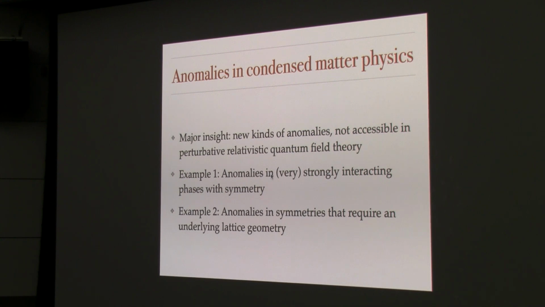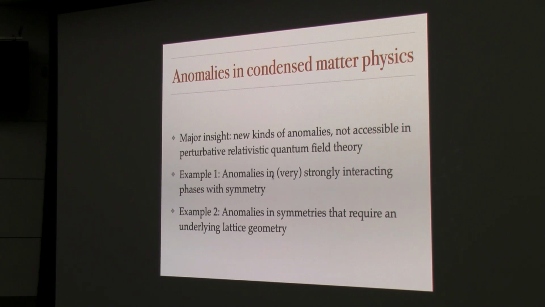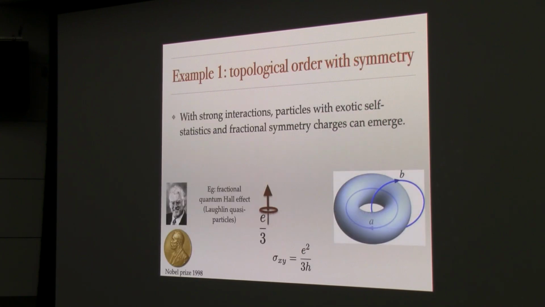And the second thing that you can do is you can change the nature of the symmetry. The particular way in which I'm going to talk about that is that I'm going to introduce a symmetry which is intrinsically not relativistically invariant, that has some kind of underlying geometrical structure that you can think of as knowing about a lattice. Okay, good. All right.